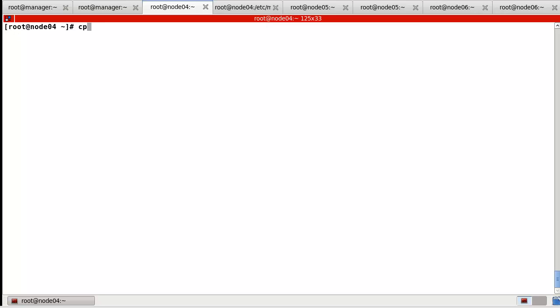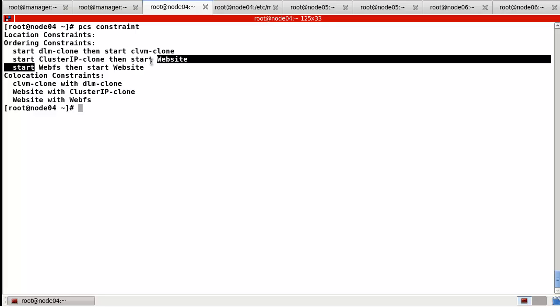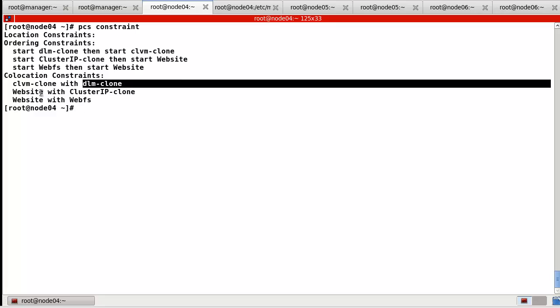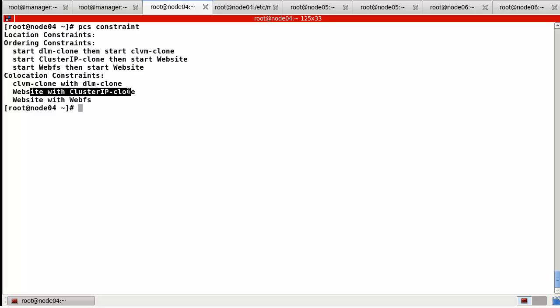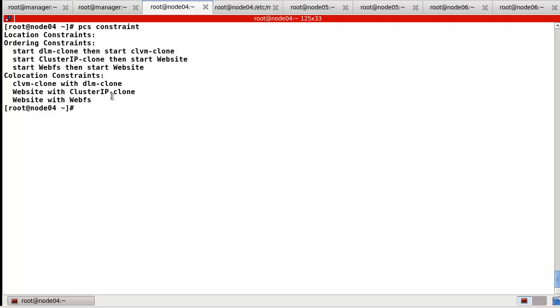Sorry, PCS constraint. So here we can find this one. Okay, DLM and the cluster IP and the WebFS colocation, the CLVM always with the DLM and the website with the cluster IP and website with WebFS.